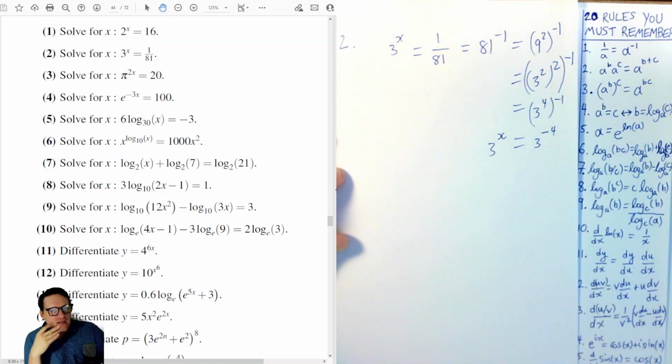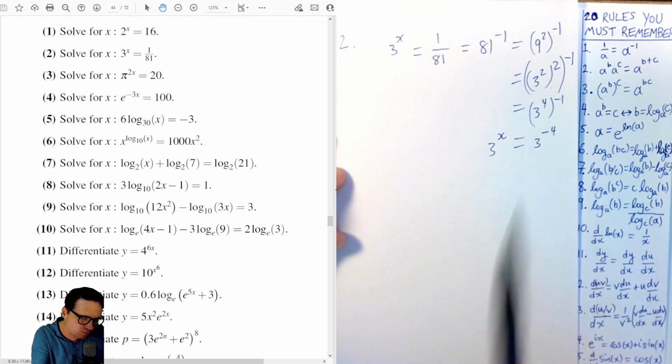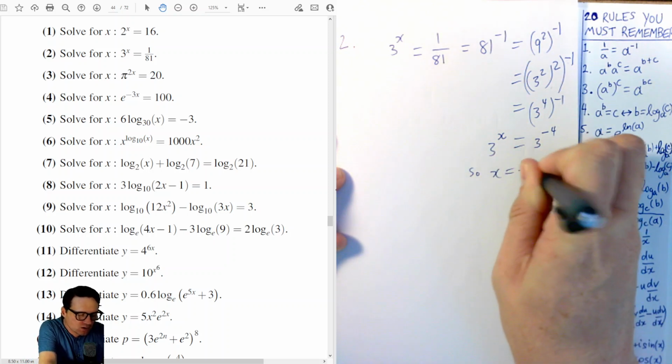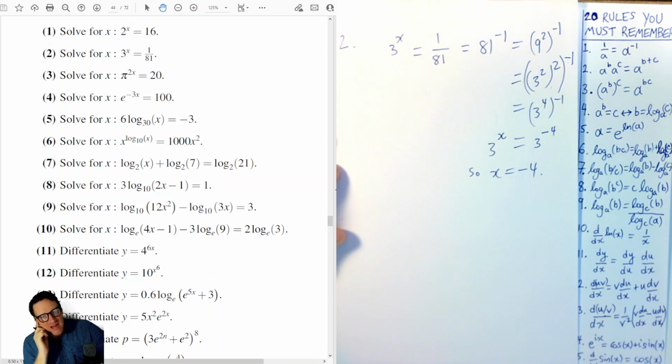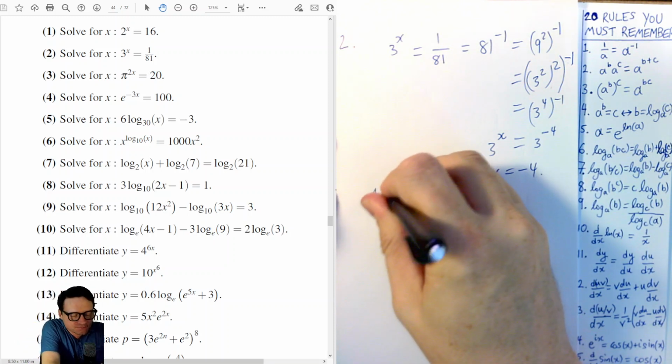And now our task here was to solve for x, and so now we've got it because we can equate the exponents since we have the same base. So x is minus 4, and we're done. Except now let's do this with logarithms as well. So alternatively,